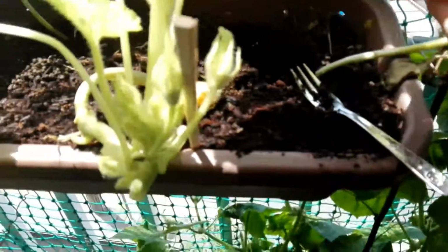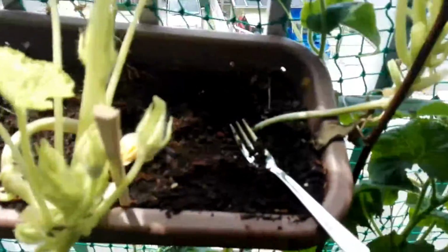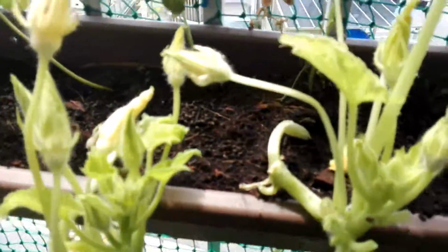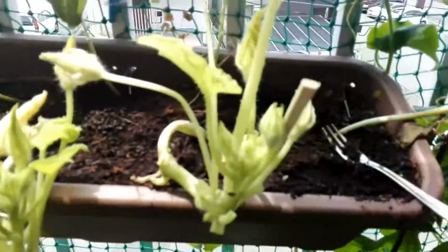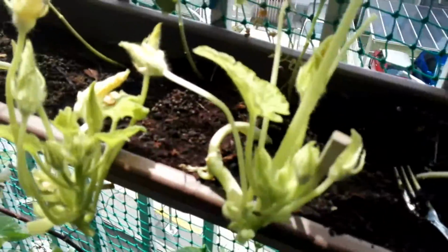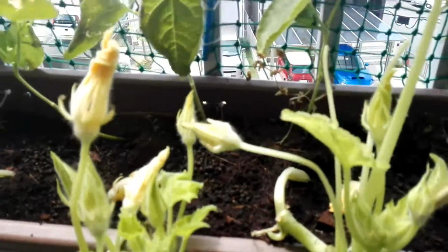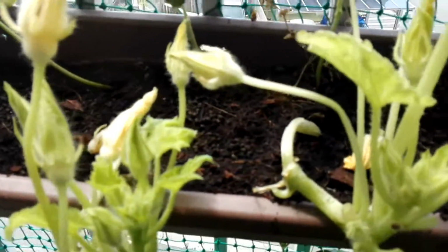I touched this soil. Now I have just put a little bit of water in this, so it's not quite so bad, but the soil is really hard and compacted. Once your soil gets like this, especially in a raised container, it doesn't matter how much you water. You can absolutely drown these and it's not going to have any effect, because, watch this,